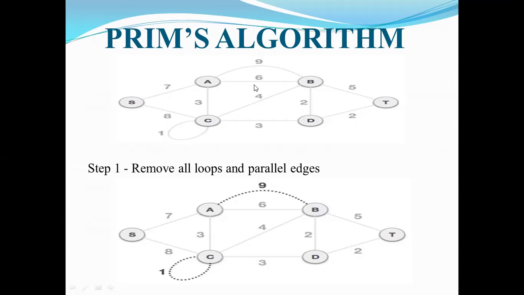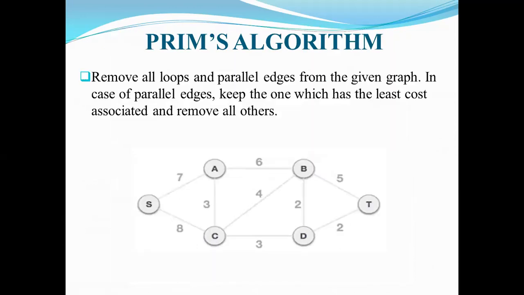So here between A and B, 2 parallel edges are there. One edge cost is 6, another edge cost is 9. Then remove the edge with cost 9, and remove C's self loop. Whatever dotted lines I represented below the diagram, in the second diagram, those 2 edges you are supposed to remove. One is the parallel edge A to B, cost 9 compared to 6, the 9 is greater. And another edge we are going to remove is C's self loop. Okay? So after removing these 2 edges, we get this particular graph.